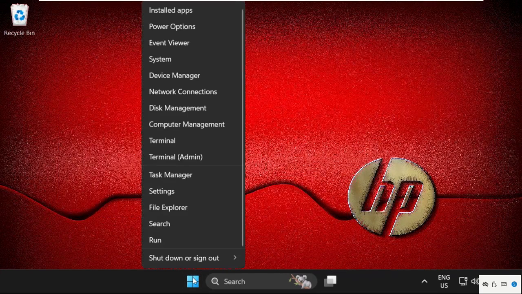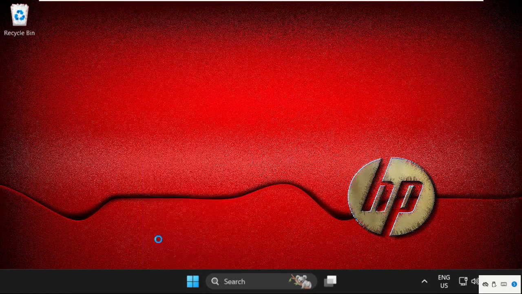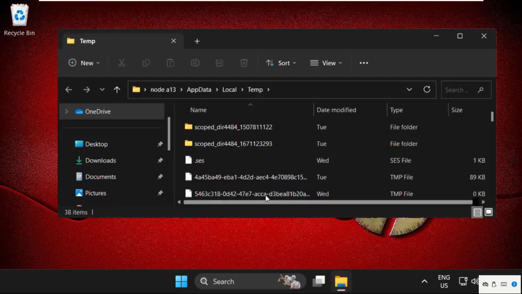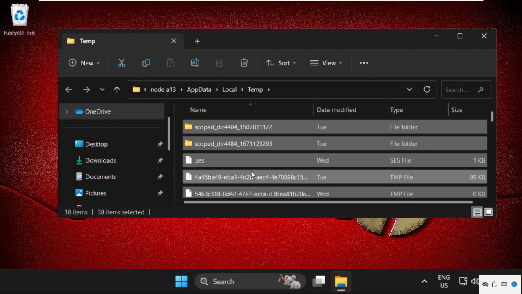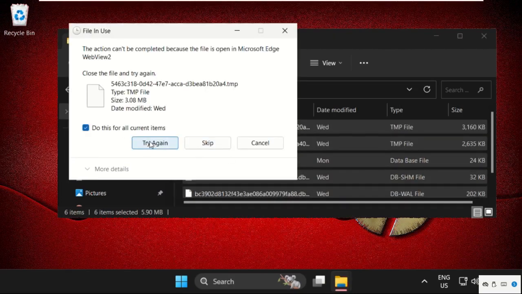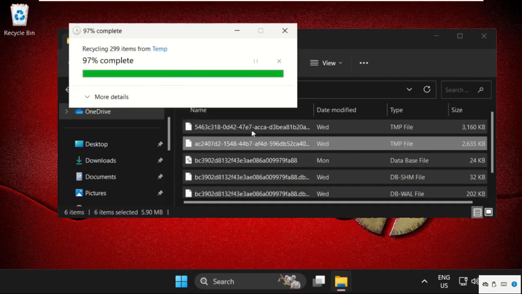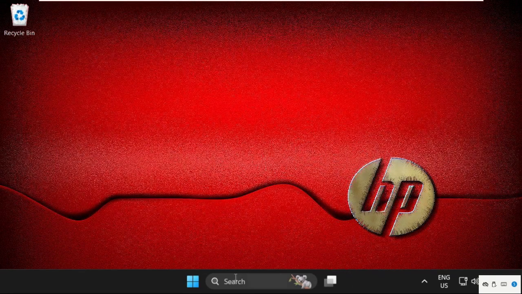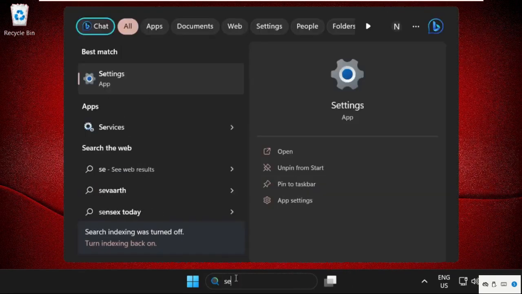Again open run. You can just right click here and select run, and now type here %temp% and click on OK. So select all these files, right click on them and select delete. So it deletes some files and we need to skip other files, so simply close this window, then just go to open settings,